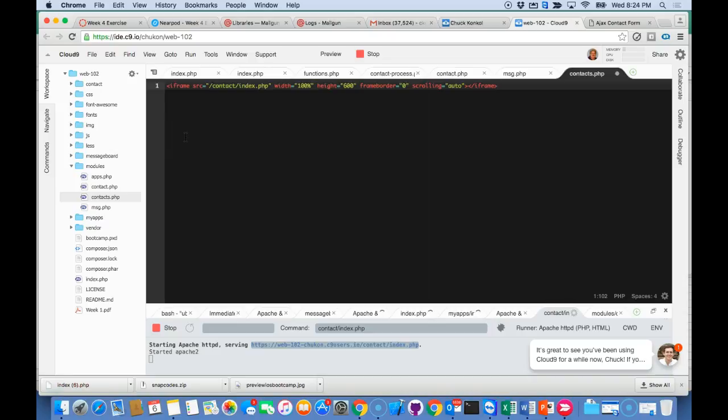Those of you that got it from the week 4 exercise, you should be good to go. What that iframe does is it loads in a page. In this case, it's going to be the index page from the contact folder with 100% width, height 600, no frame border, auto scrolling, meaning if it needs to, it'll scroll. And that's it. Make sure and save it. No PHP code. It's just pure HTML. No beginning, ending HTML tags. We're just putting it in here as a wrapper. And the one reason we're doing it is